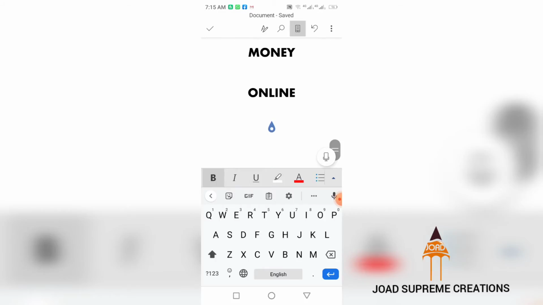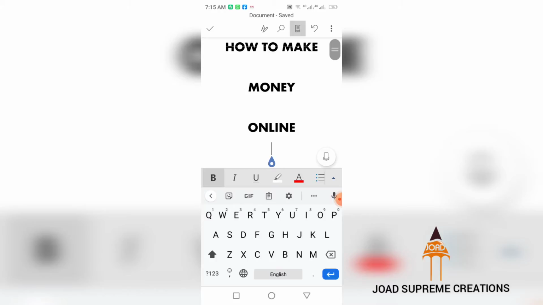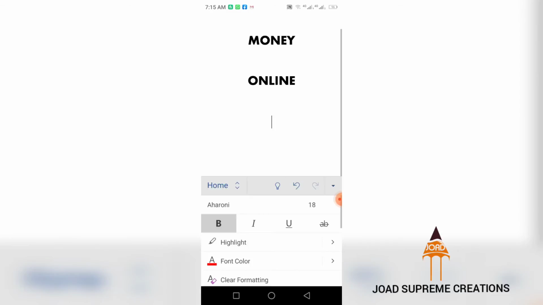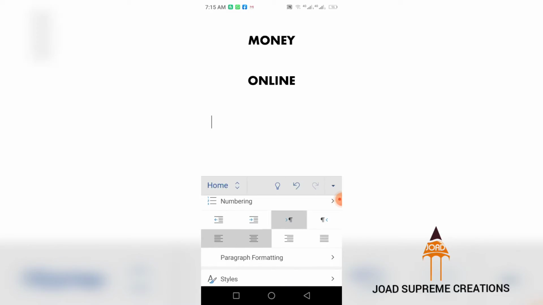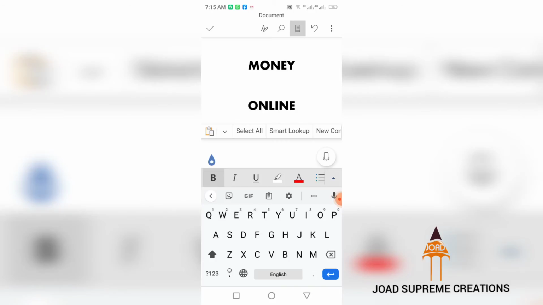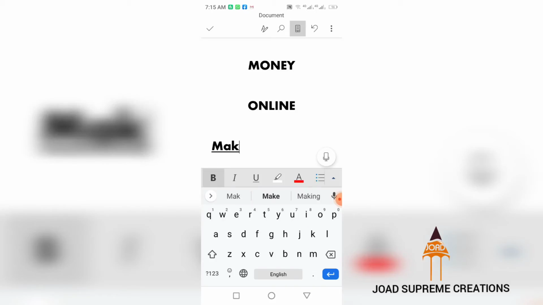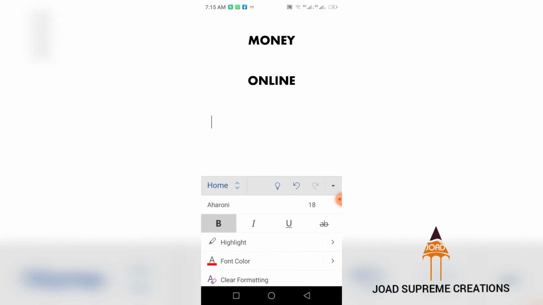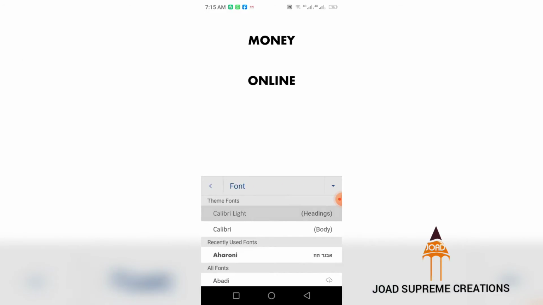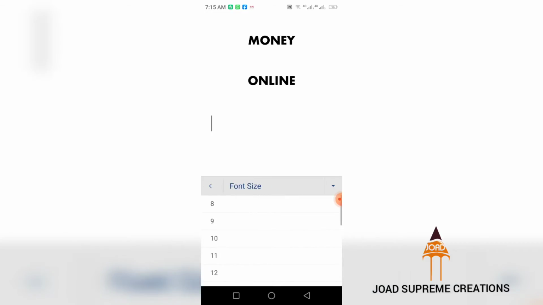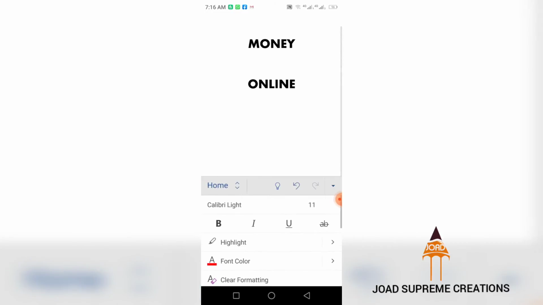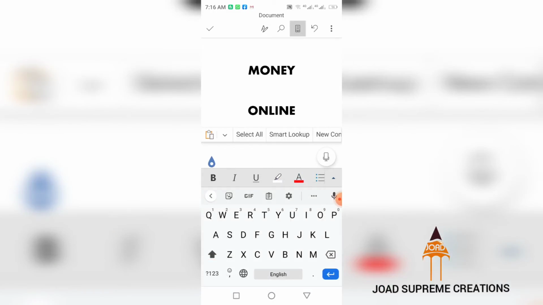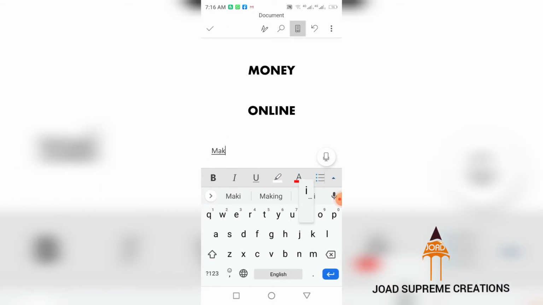So now let me show you another feature here, and the feature is that instead of me typing like this, let me take this one back to left so that I can start typing. So I say, okay, let me change the font. Let me change it back to Calibri, and then remove it from bold. Change the font size to 11. So now I say, making money online